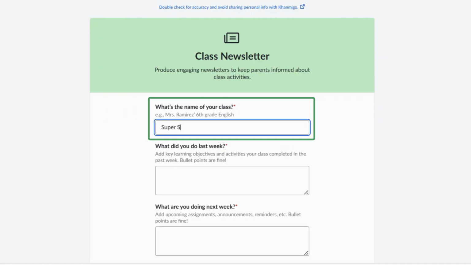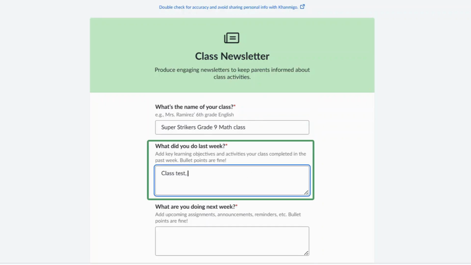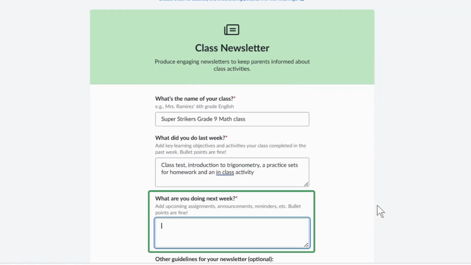We will start by entering the class name, Super Strikers Grade 9 Math class. Next, we add what was covered in the past week. For example, a class test, introduction to trigonometry, practice sets for homework, and an in-class activity. Then we can include what is planned for the coming week, such as a class test on trigonometric ratios and